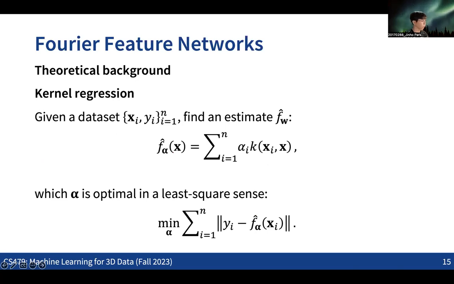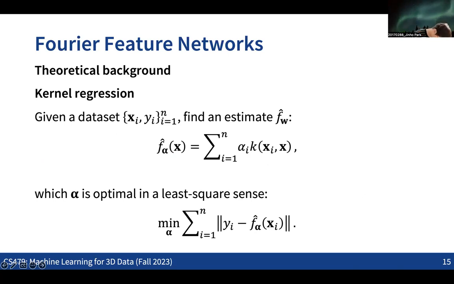So if we briefly see some theoretical background, obviously there is no theoretical guarantee here. These are analyses based on lots of assumptions about the neural network. But let's see what it means to map the input to the neural net into sinusoid functions. What we are going to see is that the trained neural net is doing some kind of kernel regression.